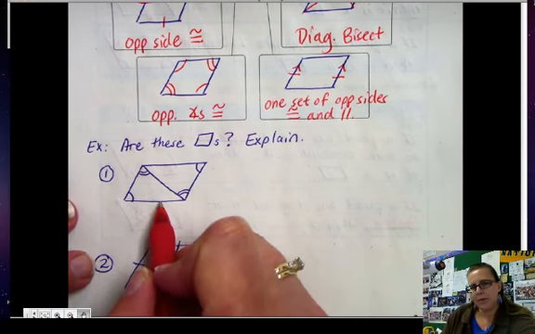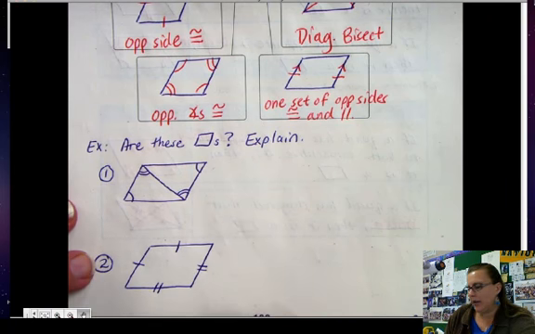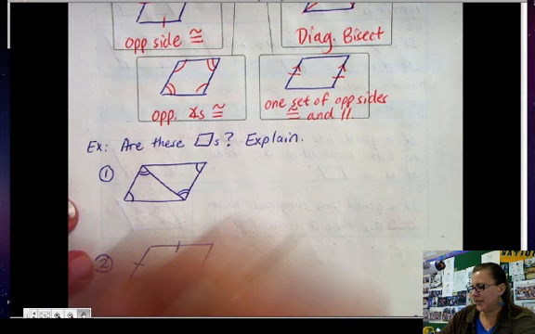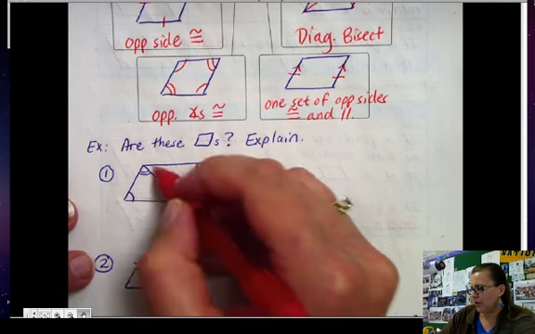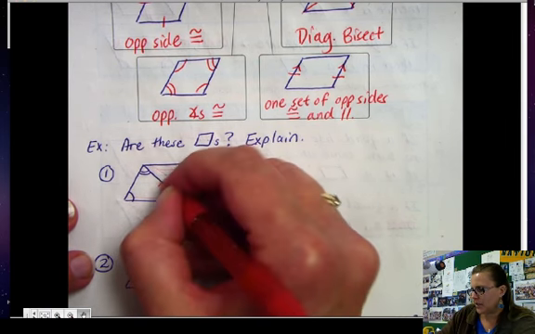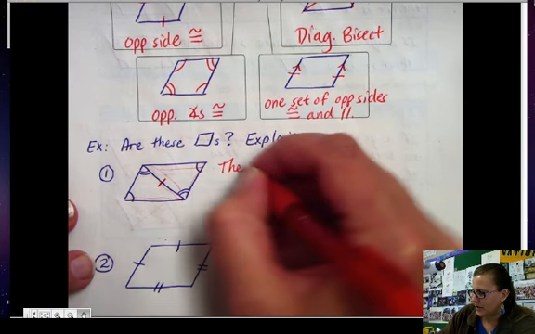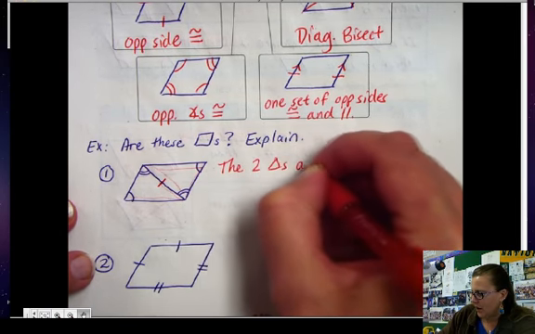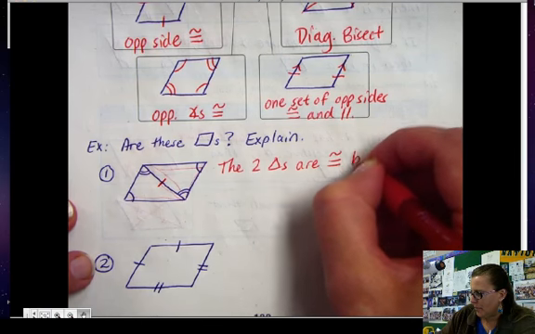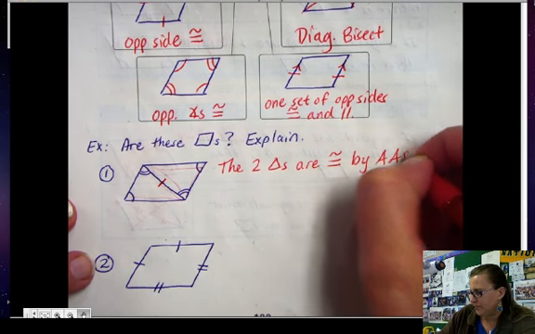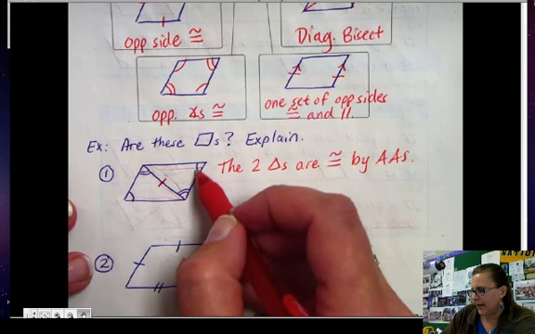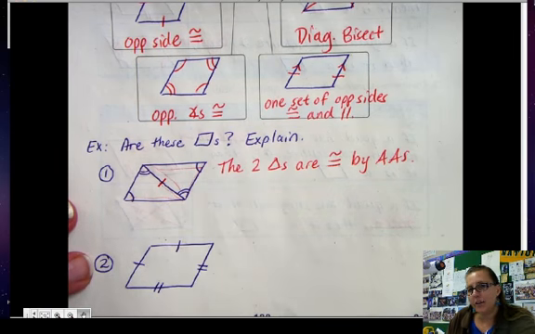At first glance, people look at this and say, nah, that's not a parallelogram, but be really careful. You can prove that the 2 triangles are congruent. Okay, so this is congruent to itself. So the 2 triangles are congruent by angle, angle, side. Because angle, angle, side, angle, angle, side. So therefore,